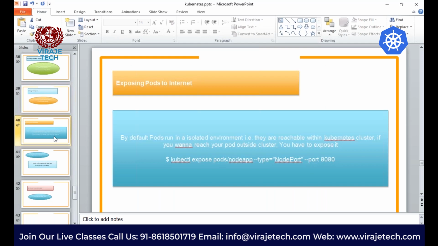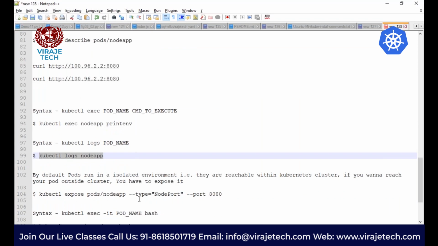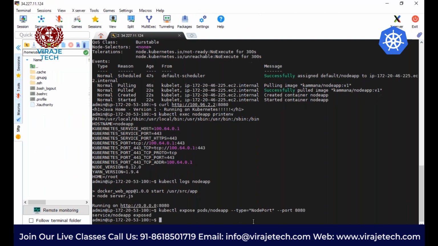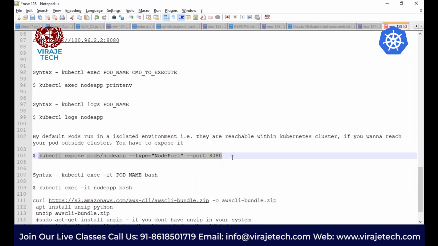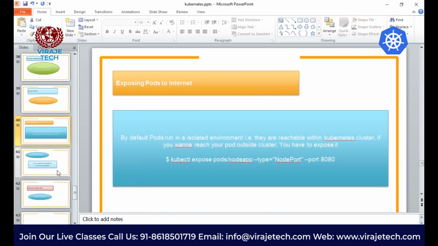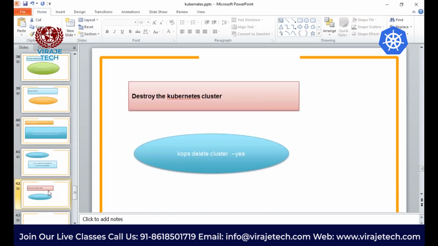And you want to expose, instead of local, you want to expose your service to the internet. So for that, you need to execute this command. What will happen? It will expose to the internet. So expose pod node app on the port. So it will go to the internet. So the service is exposed to the internet. Now, if you want to go to the pod bash, you can execute this command. Then you can go into this pod bash. And if you want to delete all the clusters, then kops delete cluster --yes, then everything will